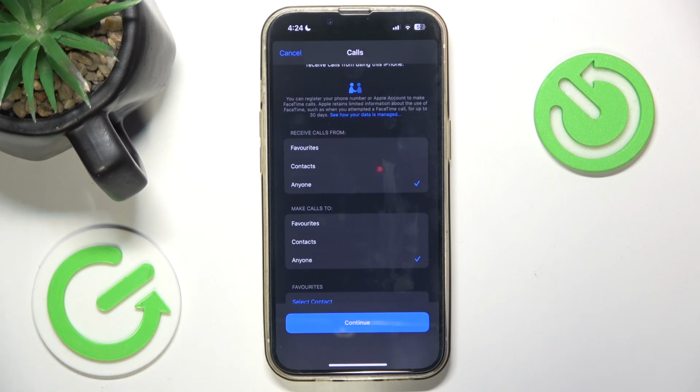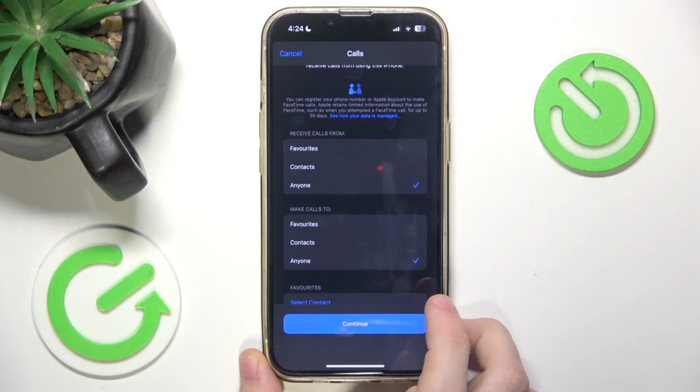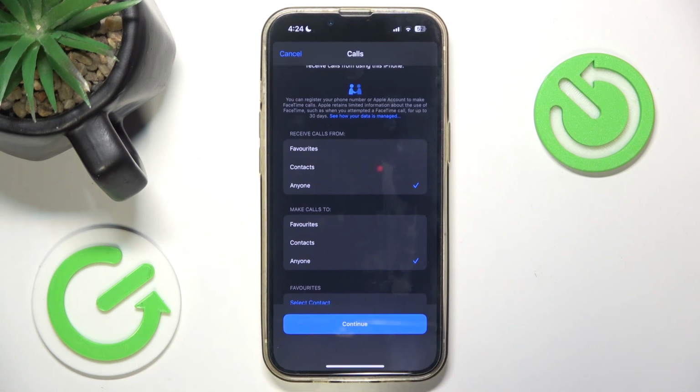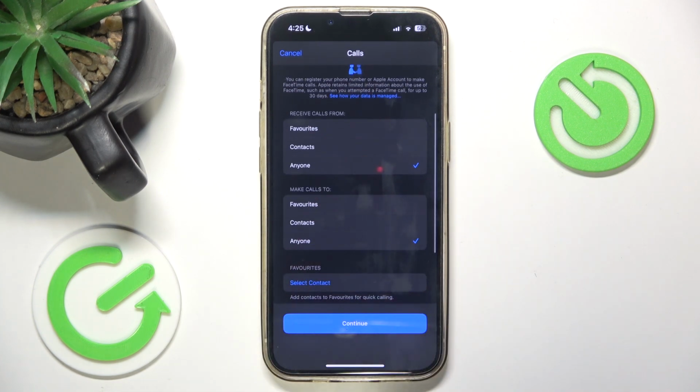If you set it to anyone, then the person may receive calls from unknown numbers, and that may make the person more exposed to scammers, because scammers may call them and the call will be received. So I suggest you putting it on contacts, but I'm gonna set it to anyone just to show you more